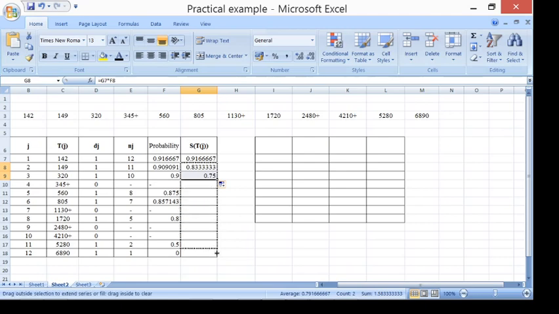I will drag this and then I will delete the intermediate value. This value should be deleted, right? Because we are not calculating survival probability at time point 345 plus. Now here,